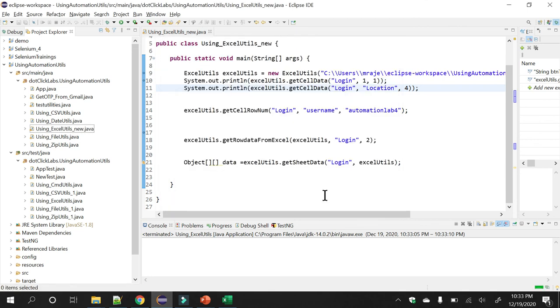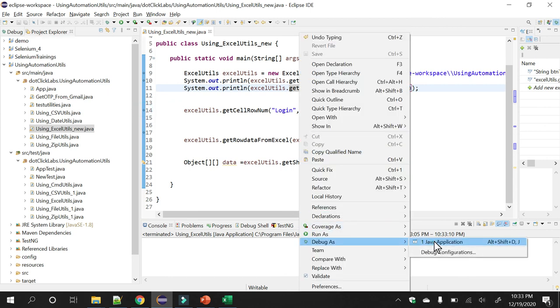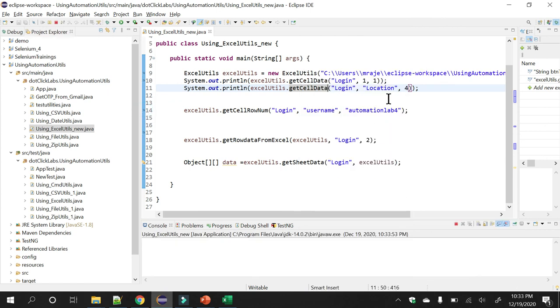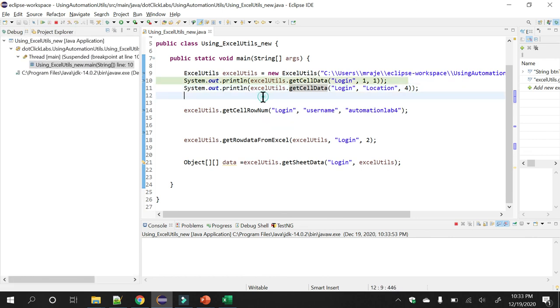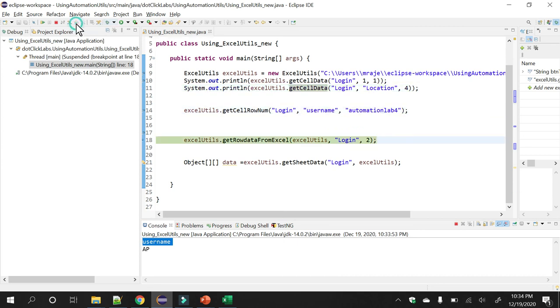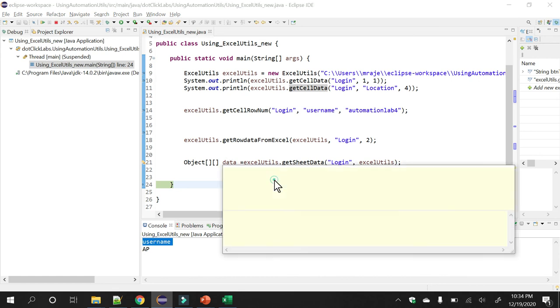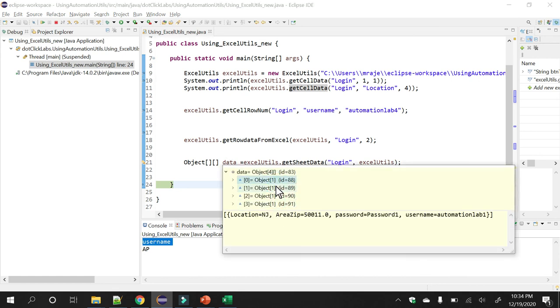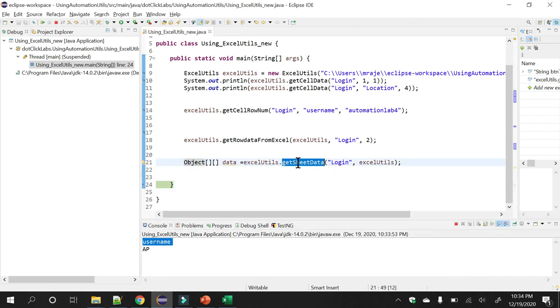Okay, guys, let me put some breakpoints now. Okay, so now you will see it did not get any exceptions. It was my bad, I created it with the same name. So now you can see the data. It's getting it. So now if you look at your data, you see all the data stored over here. The row 0 means the first row, this is the second row, this is the third row, this is the fourth row. So this is how you can use your Excel utilities to read the data from XLSX.